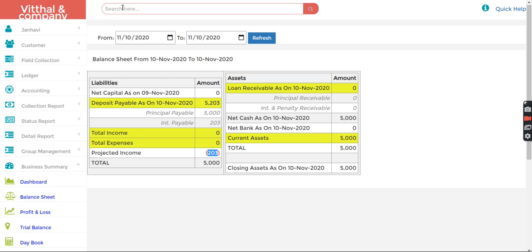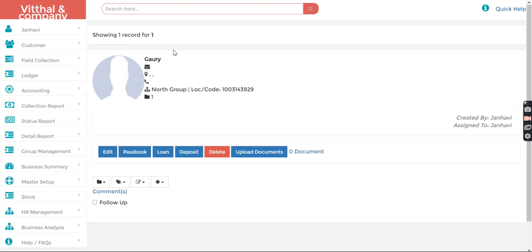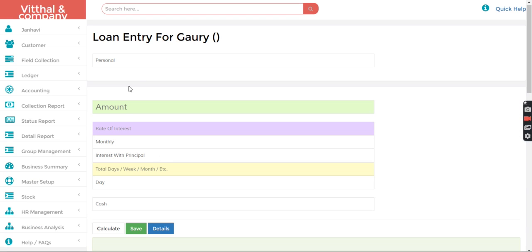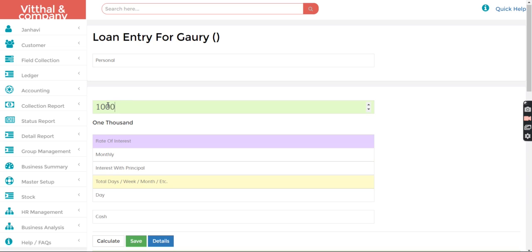Now let's search this customer from the search bar, and for this customer I want to give a loan. I will click on the loan, and for example, let's say 1000 at a rate of interest of 2% monthly, for 3 months.